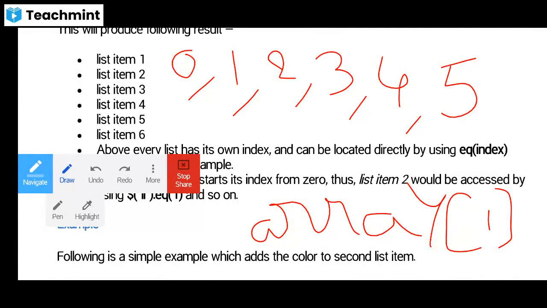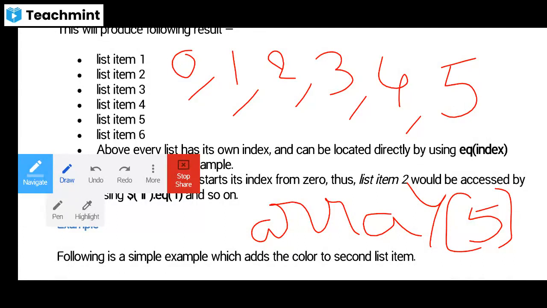Or we are going to use array of 3, array of 4, or array of 5. Up to array of 5, we are going to use from 0 itself.